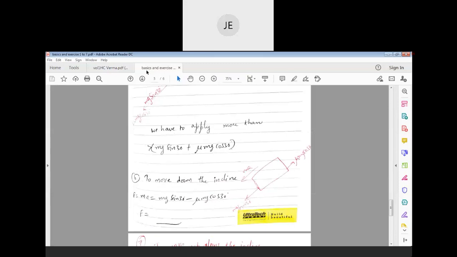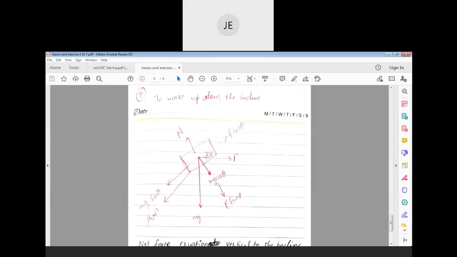But here the question is that we have to apply a force which is not horizontal to the inclined plane, but horizontal to the surface, horizontal to the earth surface. So how much of this force is required to move this body upwards? That is what